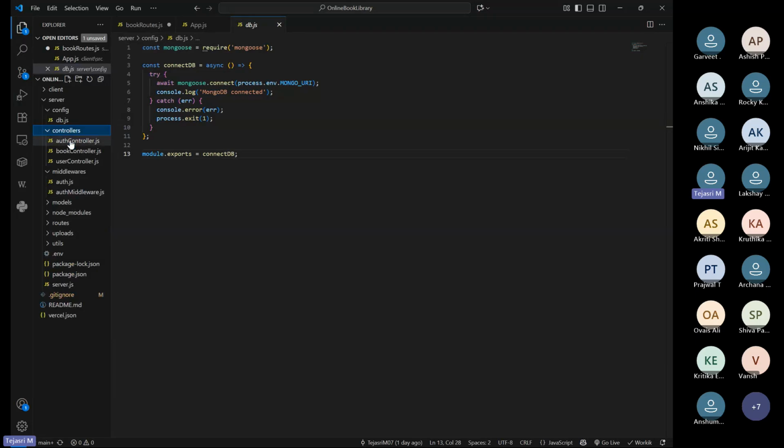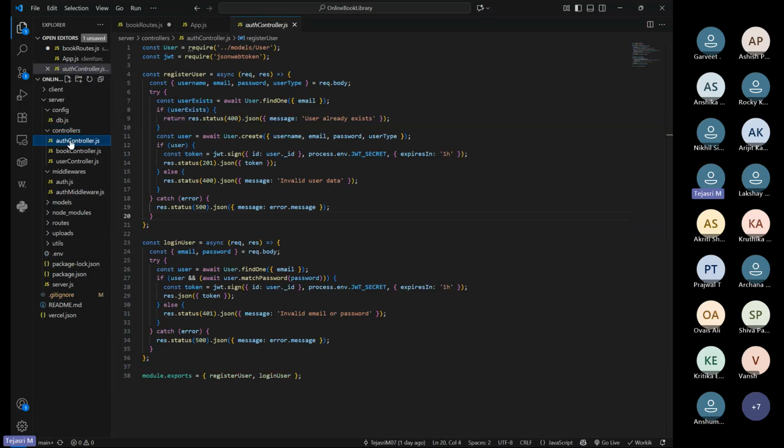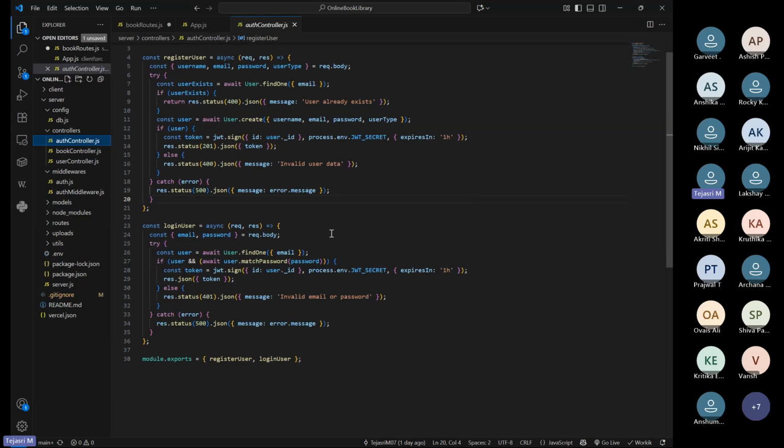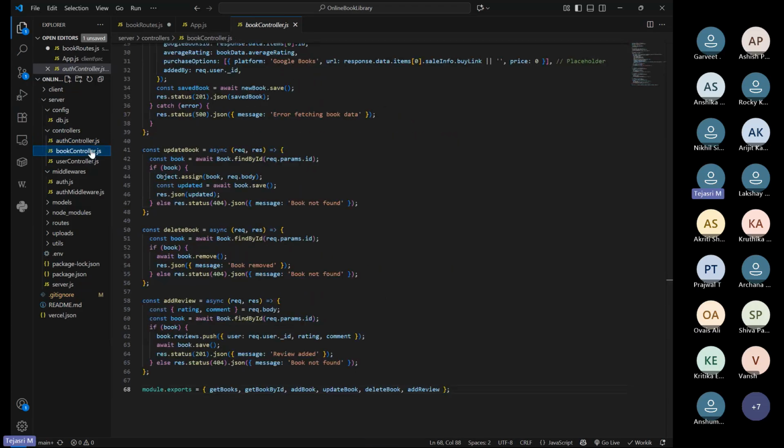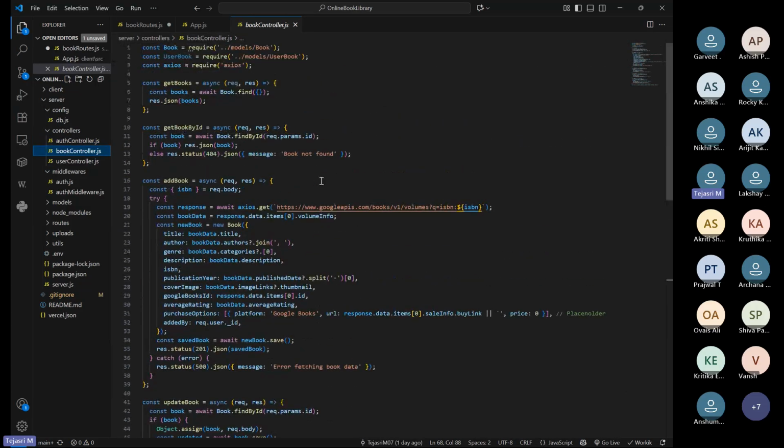And org.controller is code written to give access to the author, meaning who is the user. It takes the username, email, password, and user type to let the users log in to the website. That is the code. And book controller fetches the data from the Google,